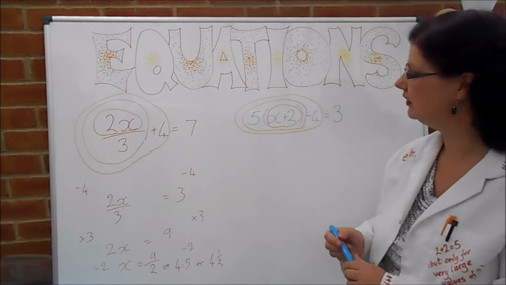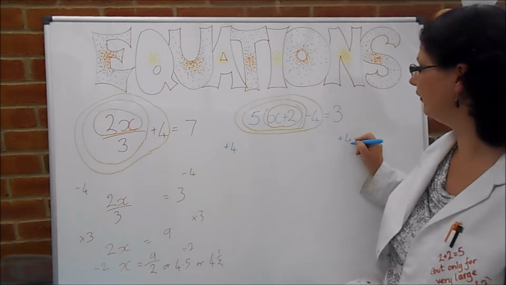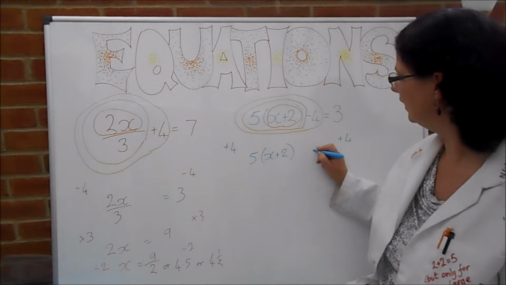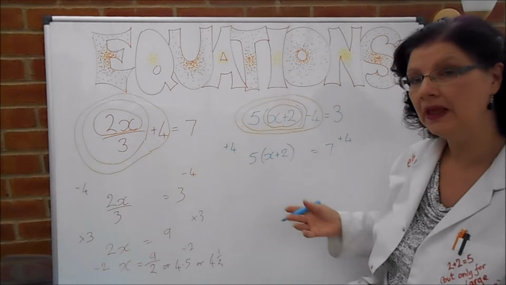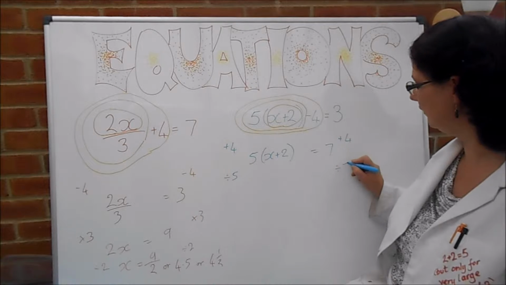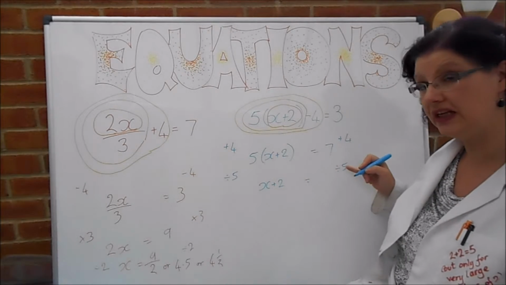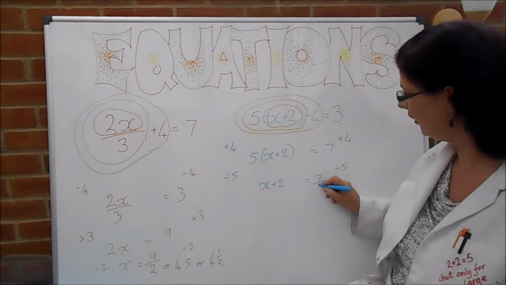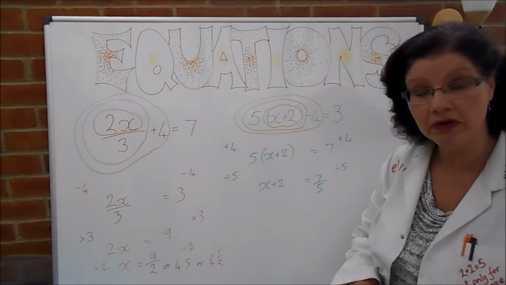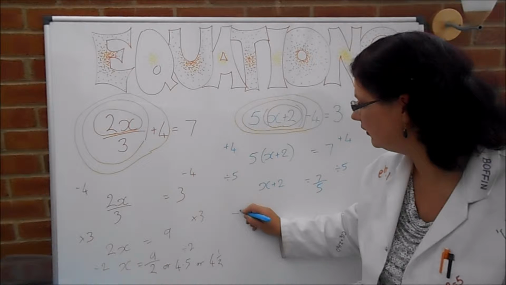So getting rid of the outer layers first, we're going to get rid of that subtract 4 by doing an add 4 on both sides, which gives us 5 lots of x plus 2 is equal to 7. Now we're going to get rid of that times by 5 by doing a divide by 5, which gives us x plus 2 is equal to, and I'm going to leave this as a fraction, 7 over 5. You could call that 1.4 if you wanted, but I'm going to leave that as 7 over 5. And then I'm going to subtract the 2,